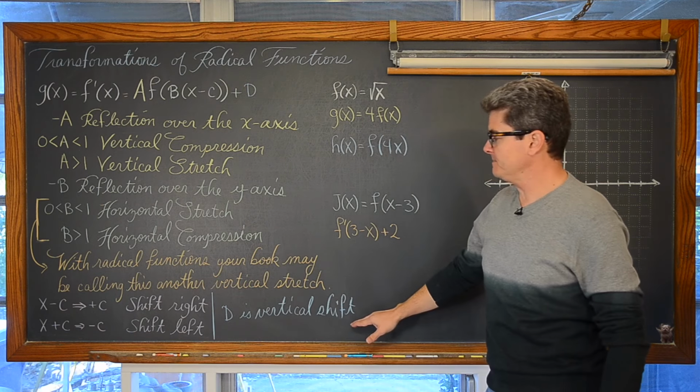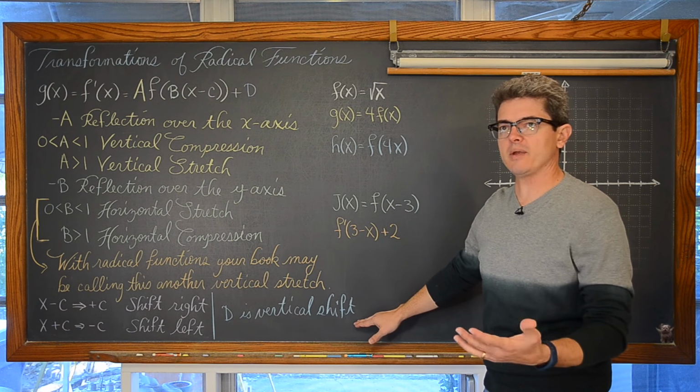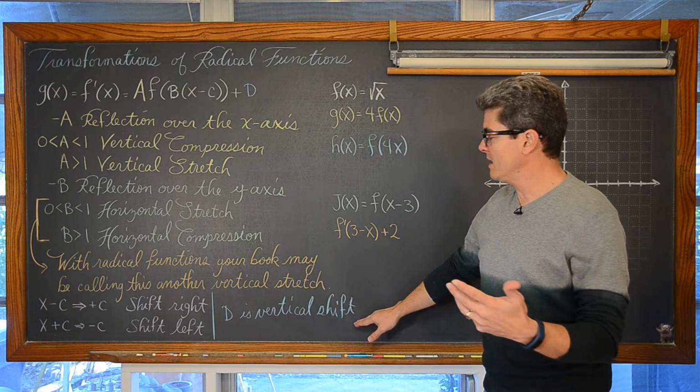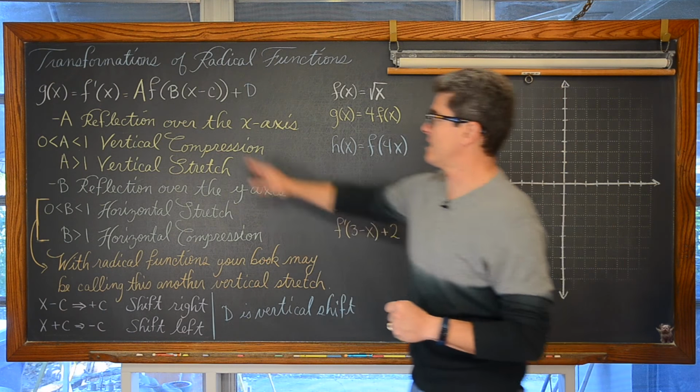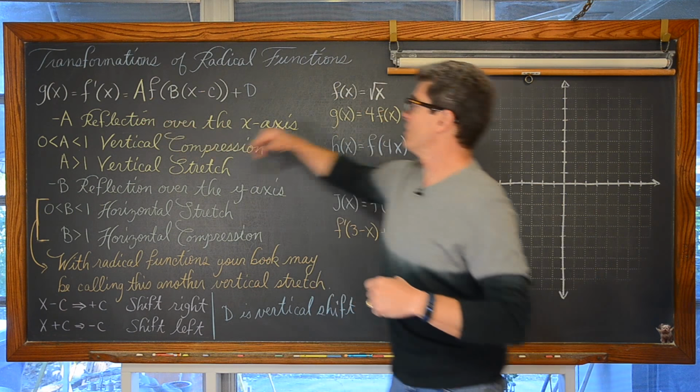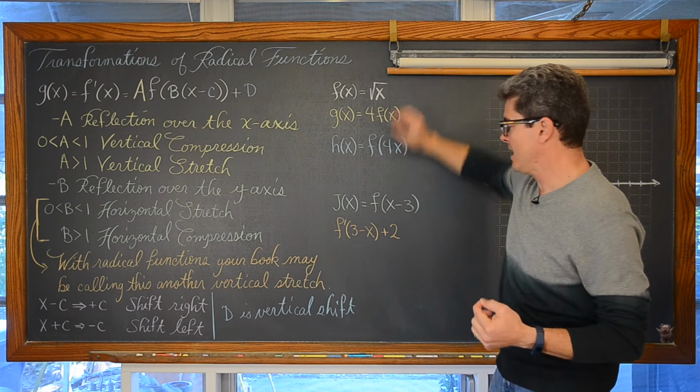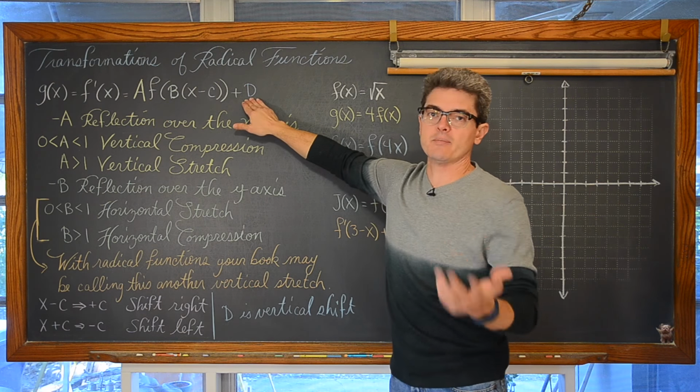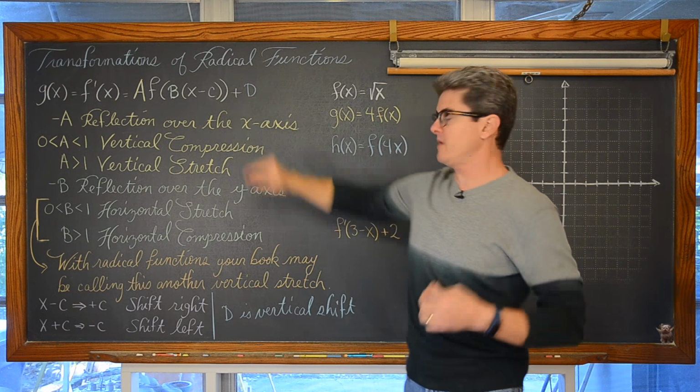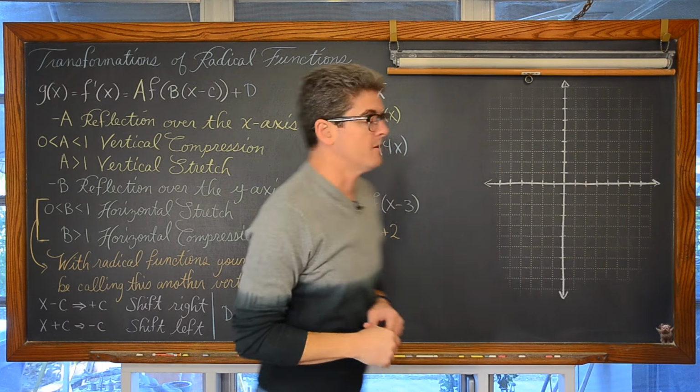And then finally, you have another transformative value that is not inside the main math function, like b and c will be inside of our first four examples, the square root. But you have a plus d that's outside of the math function, a lot of times written at the end of the equation, that's going to shift the graph up or down.